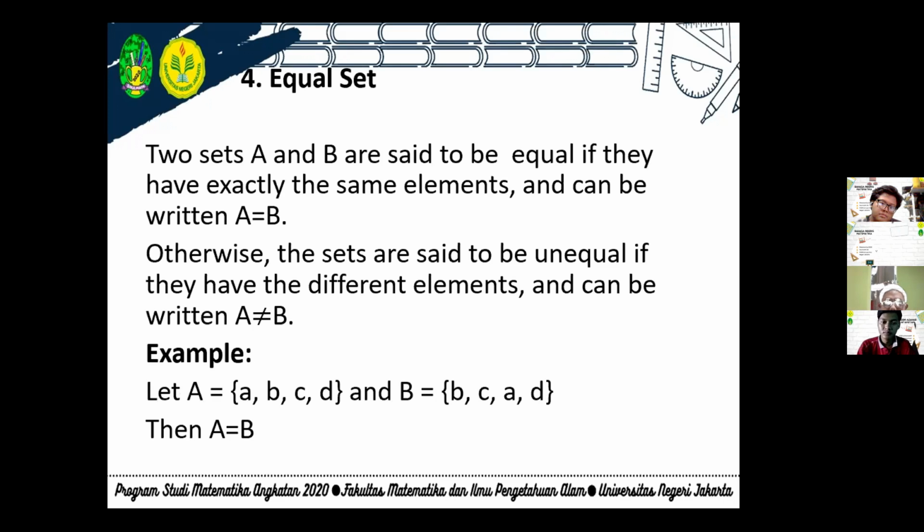And then equal set. Two sets A and B are said to be equal if they have exactly the same elements and can be written A equal to B. Otherwise, the sets are said to be unequal if they have different elements and can be written A is not equal to B. Example, let the set A with the members A, B, C, D and set B with the members B, C, A, D. Then A is equal to B because they have the same members, even though